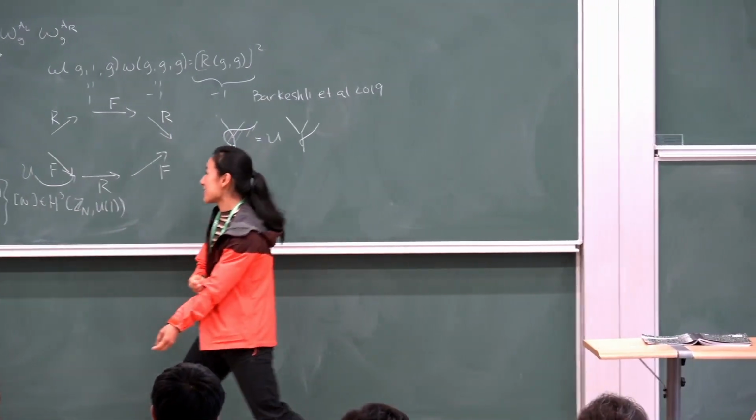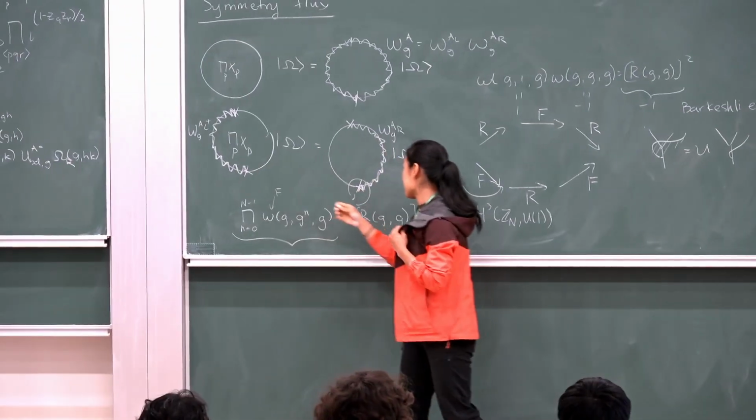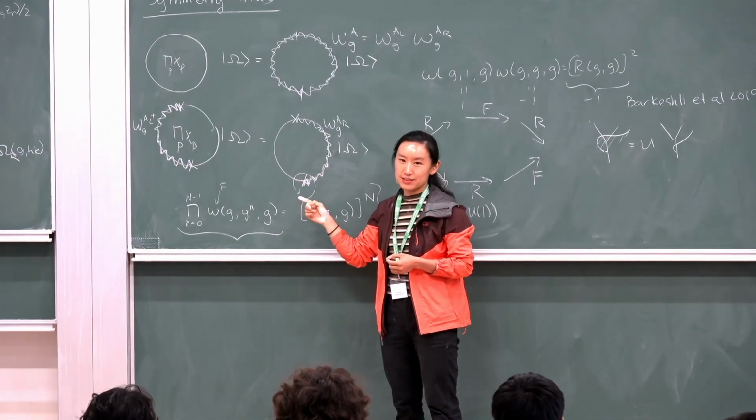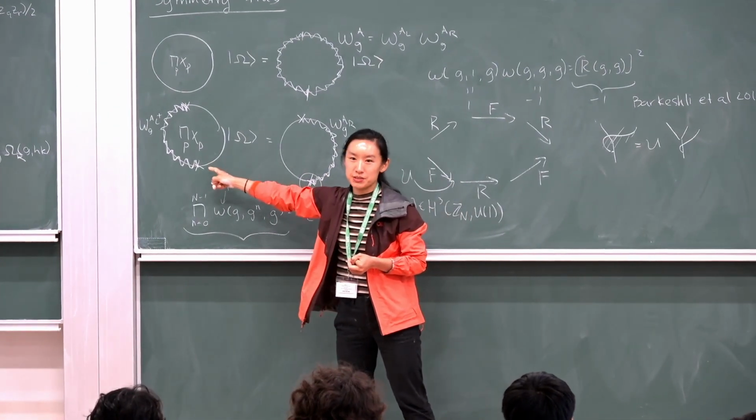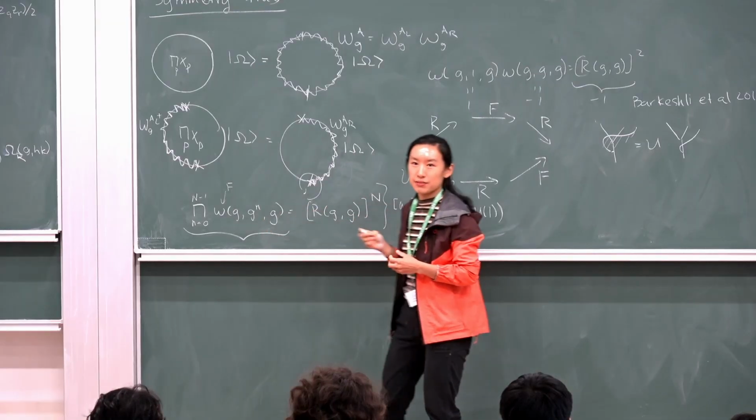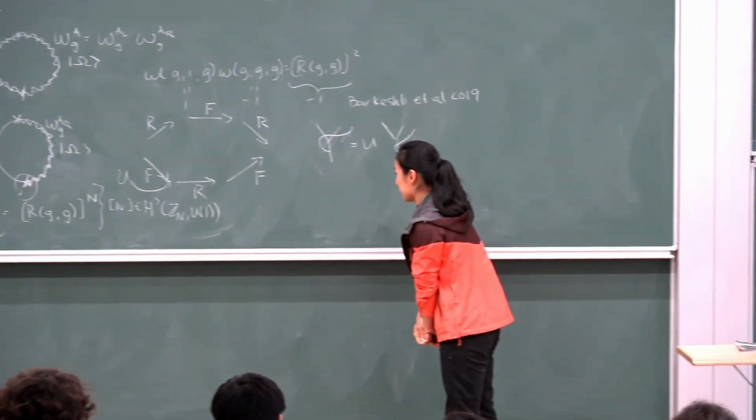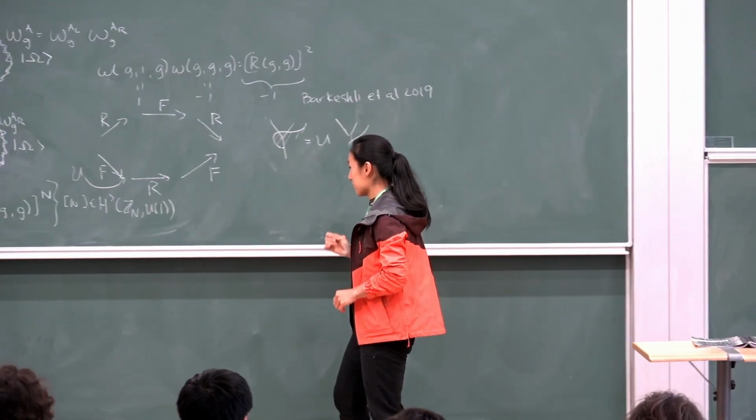Okay, so there's something that has to still be here, because you know that when you go around the symmetry defect, you get acted on by the symmetry. So the symmetry action is definitely still there. Okay, so